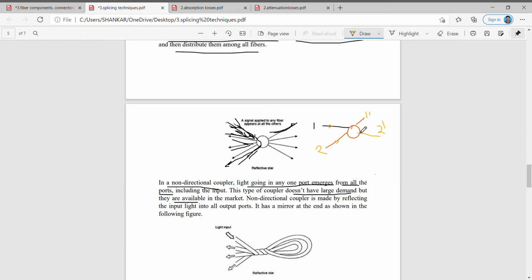But if you are using the non-directional coupler, here we are inserting the input, and here I am also applying the input. In this case, whatever input is applied here can be terminated into the first port. This is non-directional, so it may go in this direction or in another direction. This is called the non-directional coupler. So we cannot use this non-directional coupler for all applications.